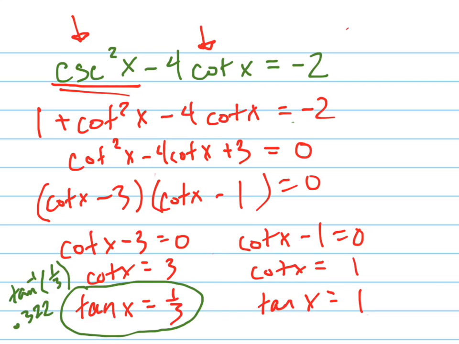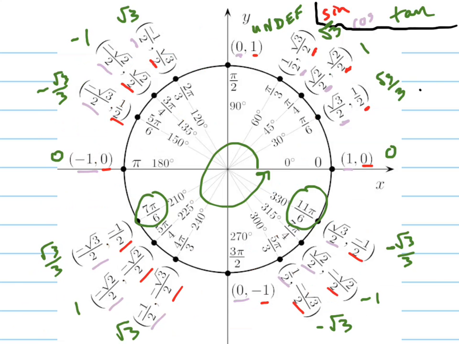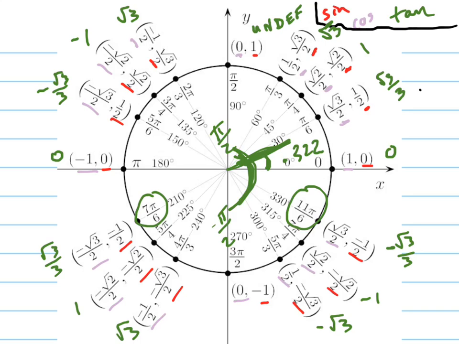0.322, but remember that's just one of your answers, because you also, think about your unit circle, where else does the tangent inverse, when you punch your tangent inverse in your calculator, again you might have to go back and review this, you're going to get an answer between negative pi over 2 and positive pi over 2, because that's the range of that function. So obviously the tangent being 1/3 would be in this quadrant right here somewhere, so that right there is my angle 0.322, but I also would have that same angle over here, pi away from it, right here,